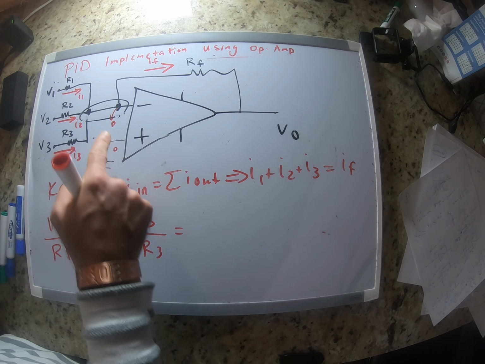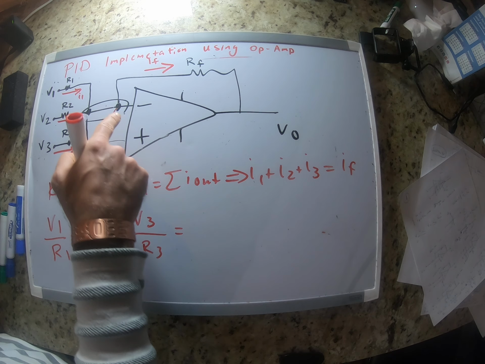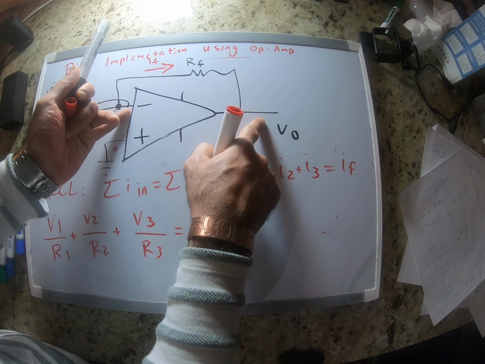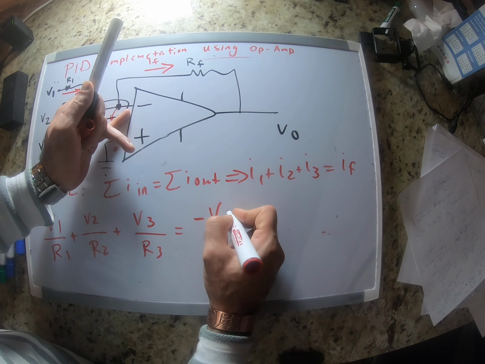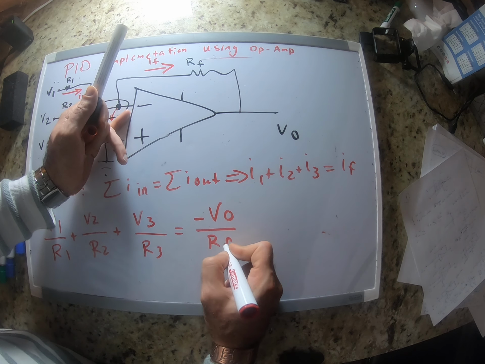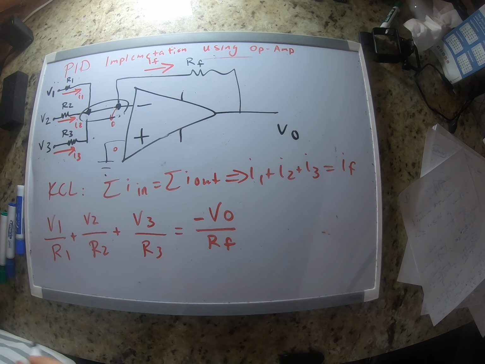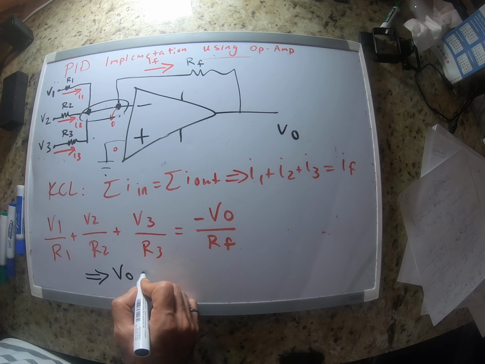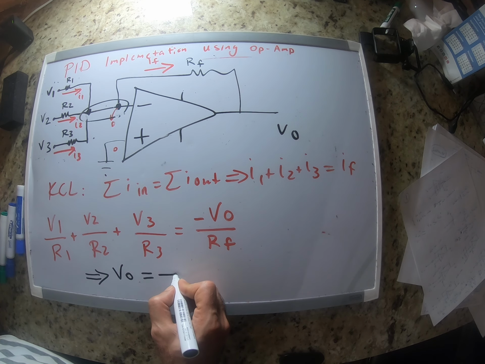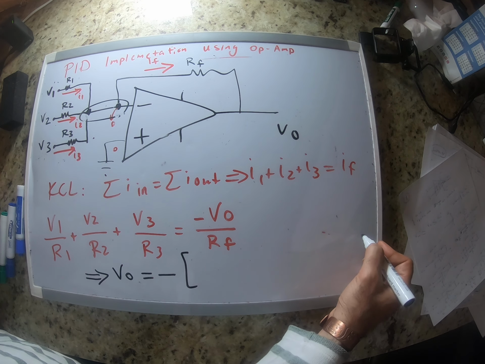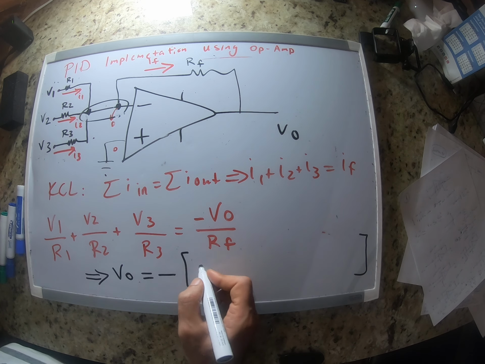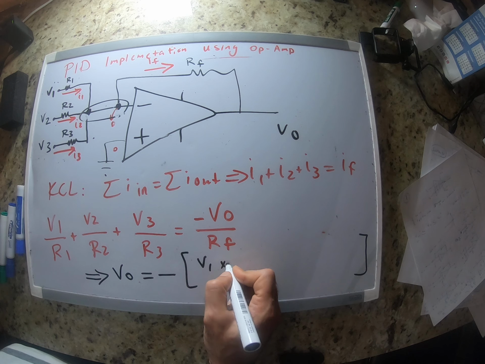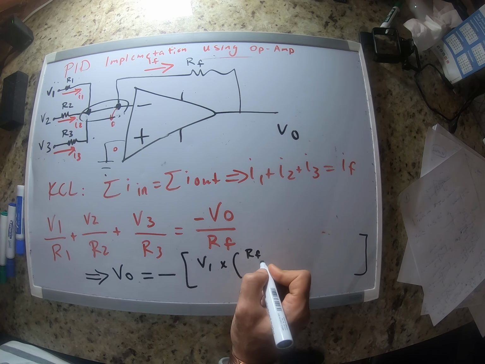It's equal to negative, because it's going to be 0 minus VO, so negative VO divided by RF. So that means that VO is going to be negative, I actually write it like this, V1 times RF divided by R1